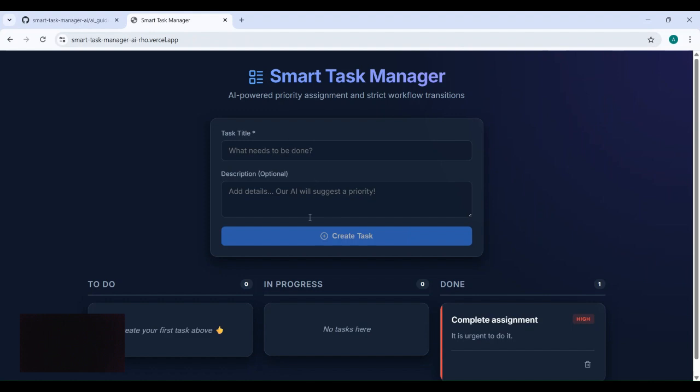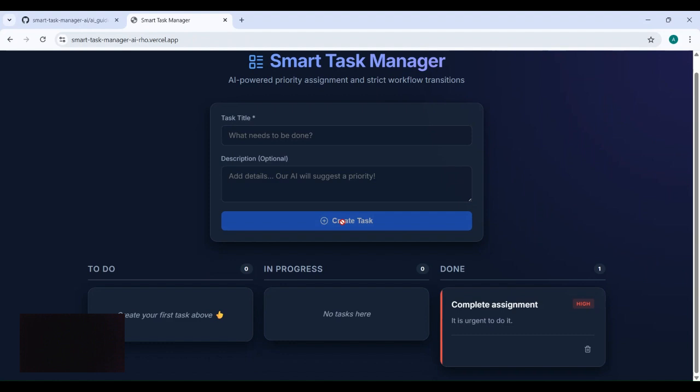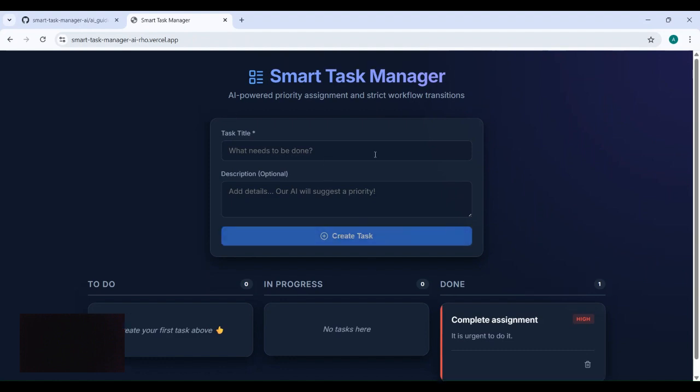As for how I deployed the project, I deployed the front end using Vercel, and for the backend I used Render. And for the database I used Neon Postgres SQL. There are some limitations in this project right now. The AI feature, that is the high, low, and medium priority output, is basically rule based. Currently there is no user authentication. And the UI is basic and simple. I have done this only to make the system simple and focused.